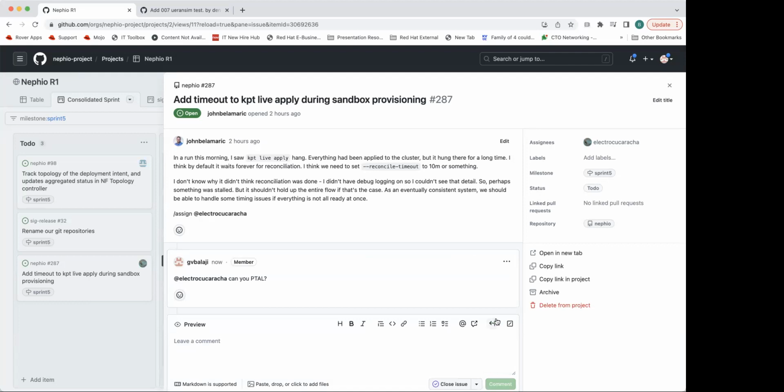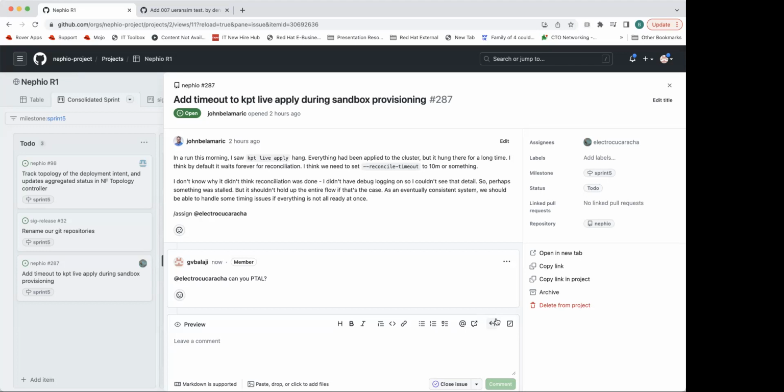If we continue to have issues with kept live apply, there are two differences between kept live apply and cube control apply. Kept live apply maintains a local inventory resource so that you can do pruning properly. We don't care about that because we're doing this in /temp anyway, so that feature is not useful in our context. The other thing it does is wait for the resources it's applying to become ready. There are some other things it does with depends-on, but we don't use any of those.